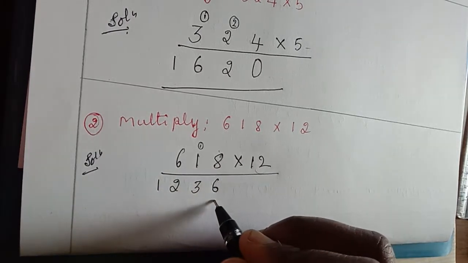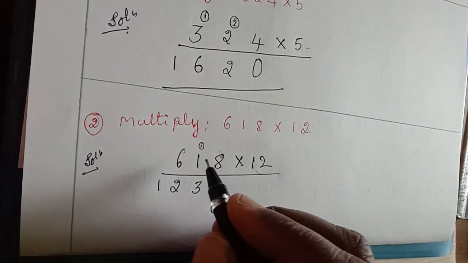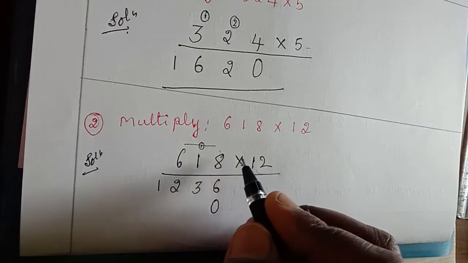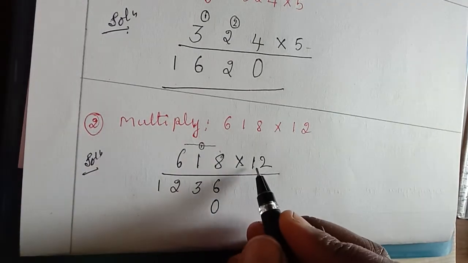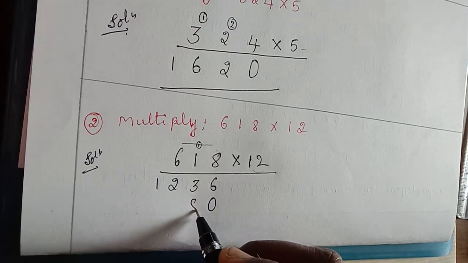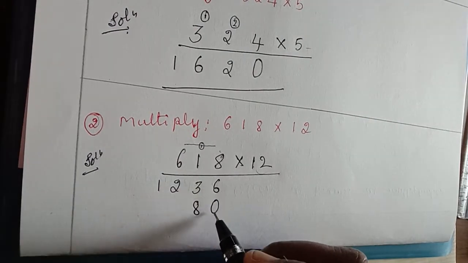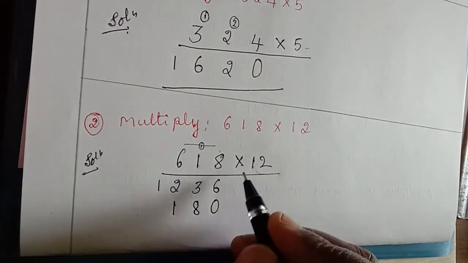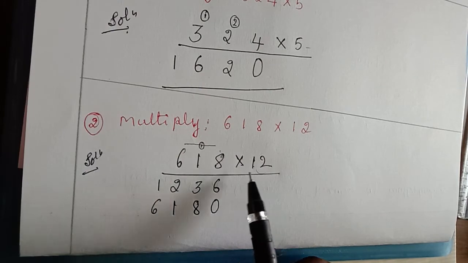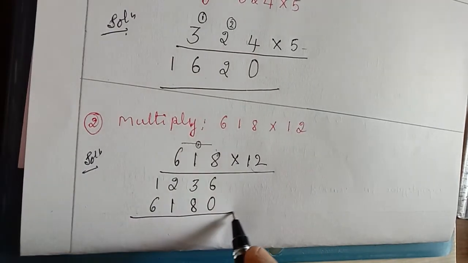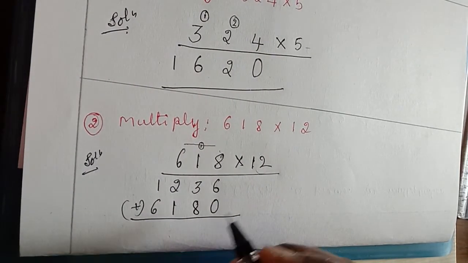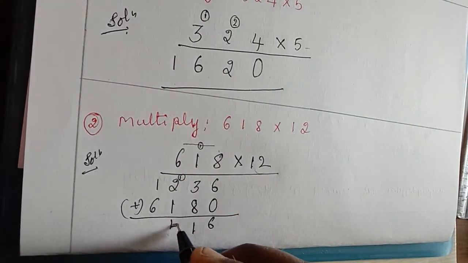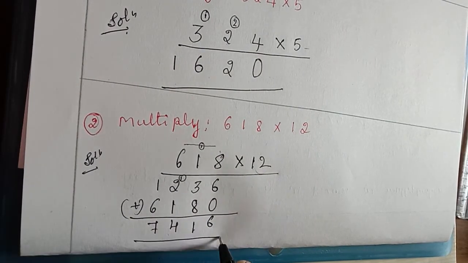That means the ones place will be 0. So you can strike out the carry, it is in the ones place. If you get any carries in the tens place, you can write them. 1 8 is 8. You should write the product from the tens place because the ones place is going to have the 0. So 1 1 is 1. 1 6 is 6. So now the two-digit multiplication is over. Then add. 8 plus 3 is 11. 1 carry, 4, 7. So this is your product.